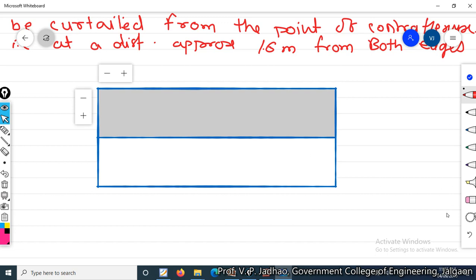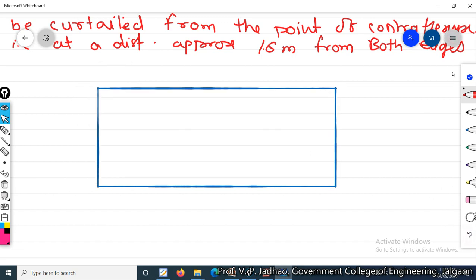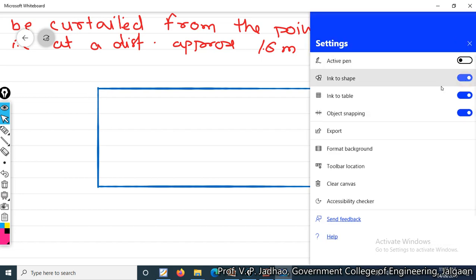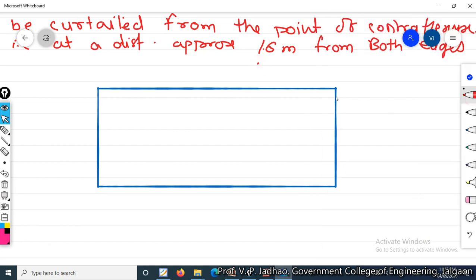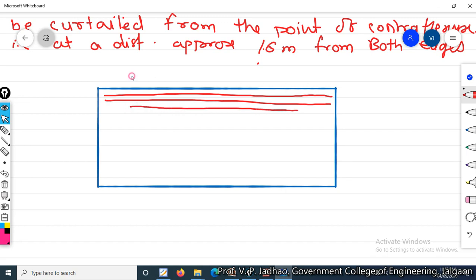Okay, the top reinforcement will be something like this. We will provide one bar like this, against another bar like this. Then we will be curtailing one bar at a distance of 1.6 meter from left and 1.6 meter from right, because this is the longitudinal steel reinforcement, and this is mainly required for the